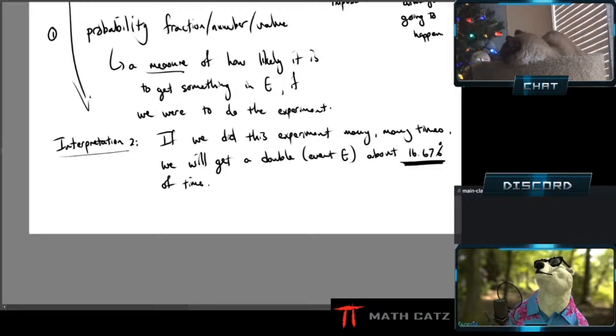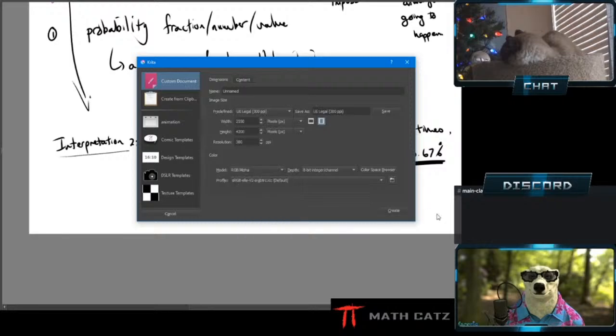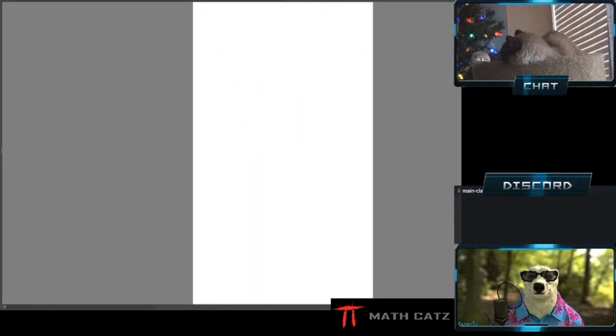In this case, we're looking to get a number so that it can specifically give me information about something that I might not have a good feeling about. In more complicated situations where I don't roll dice, it's sometimes very unintuitive how likely something is. What I think is very likely turns out to not be likely at all, and the other way around. So it's important to take my feelings out of it, and this is a way to do that. All right. That is my somewhat brief introduction to the probability concept.